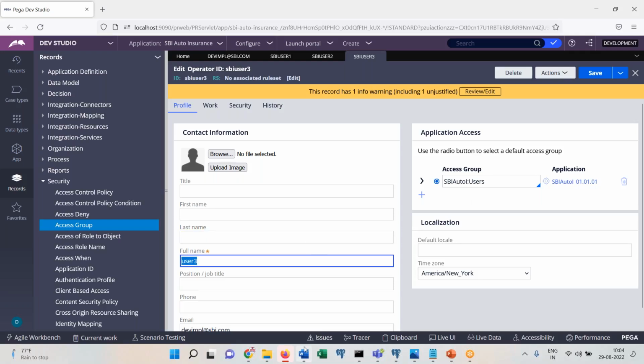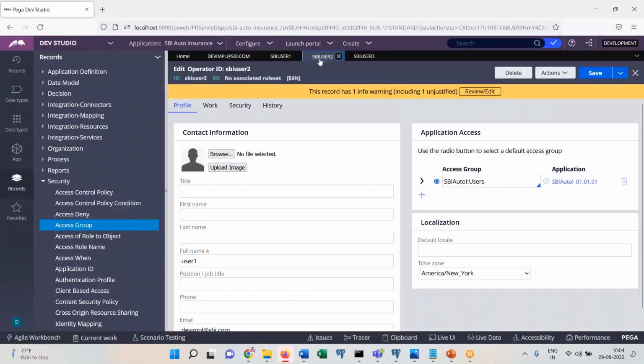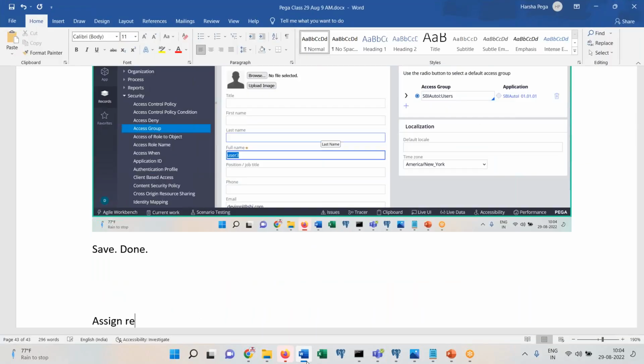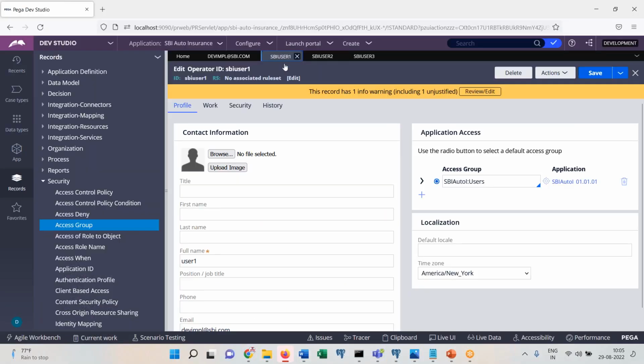I did not give reporting managers. Okay, hold on. Okay, assign a reporting manager for each user. We have 1, 2, 3. So 3 users will get 3 managers. Okay, user